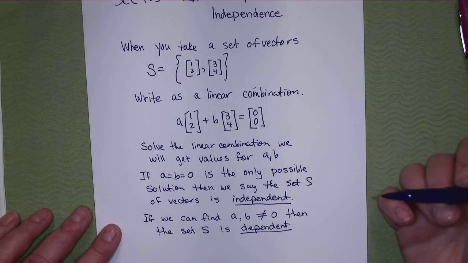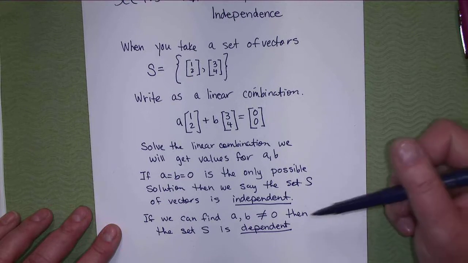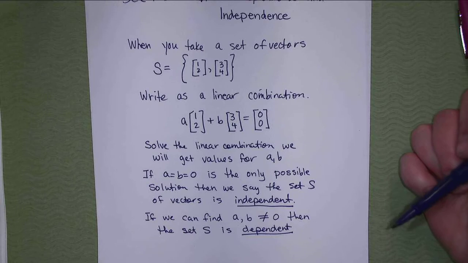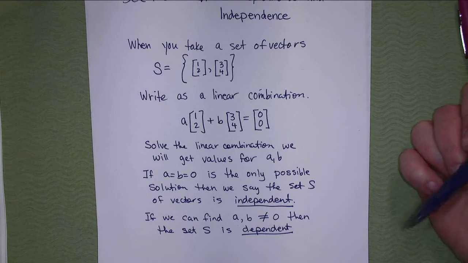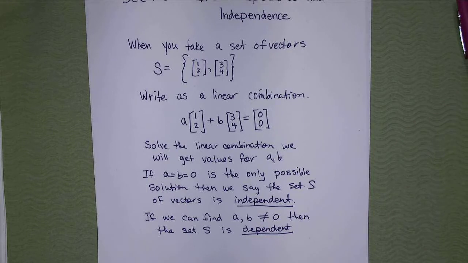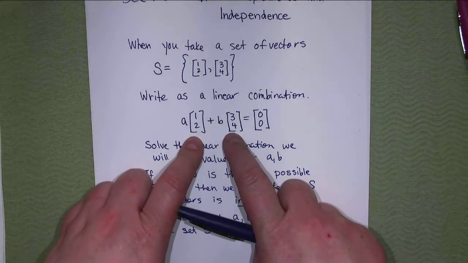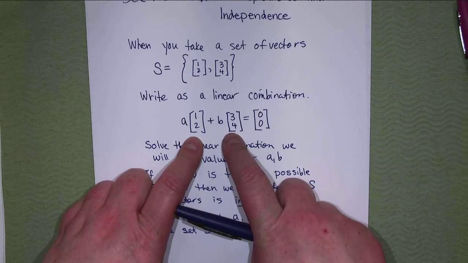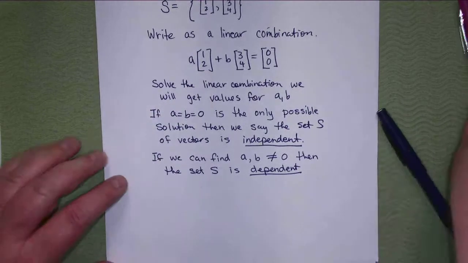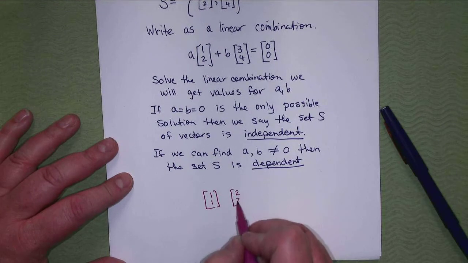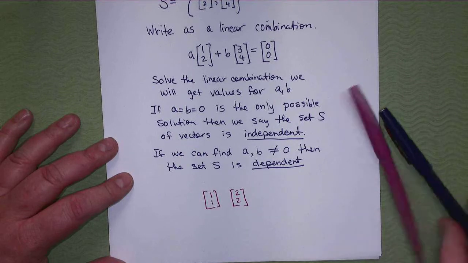What do you mean by dependent and independent? That's what they mean: independent means that the only solution to a linear combination equaling zero is zero. And dependent means they can actually depend on each other to get another answer. But these ones have nothing in common. So if you think of parallel vectors, right? If you think of the vector, for example, (1, 1) and (2, 2). So if we took those,